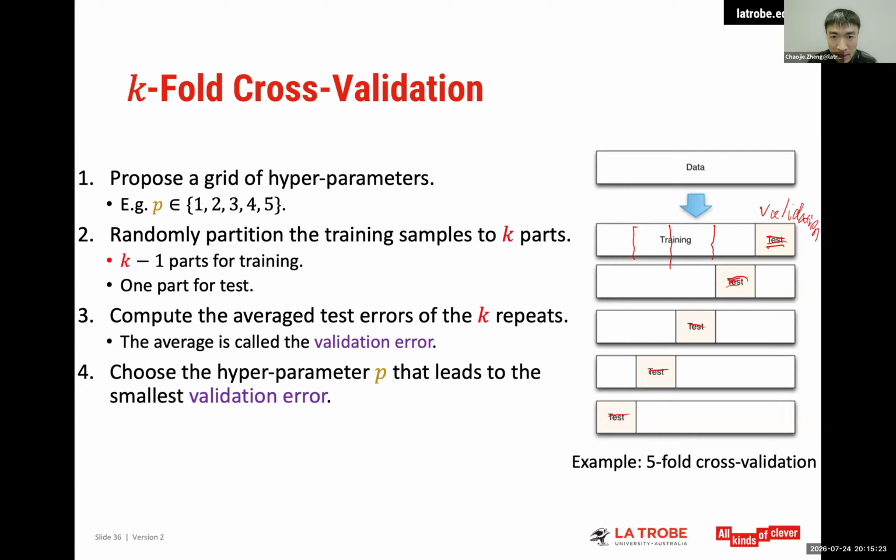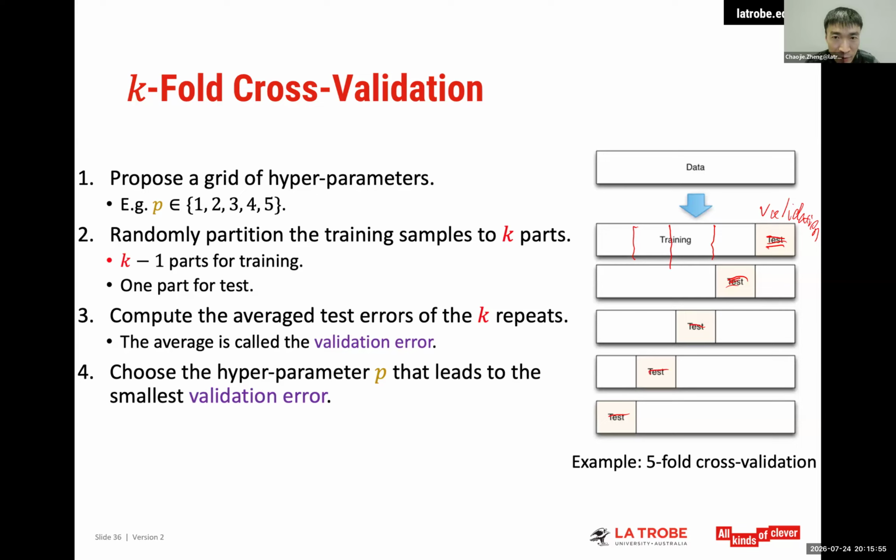In this way, after 5 rounds, all 5 parts have been used for validation at least once, right? Exactly once. So in this way, we can fully utilize all the training data samples